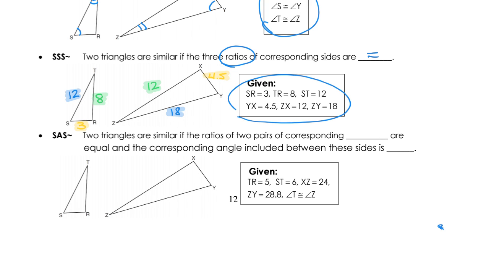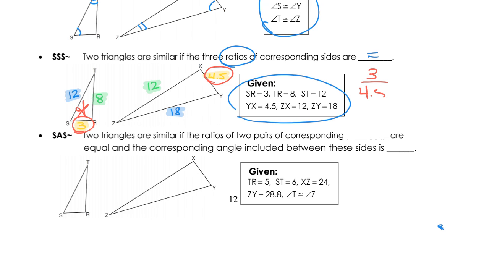Okay, so we're going to do a ratio, and we're going to divide. It doesn't matter which triangle you start with, but whichever triangle you start with, you have to keep making sure that you come back to that triangle for the next ratio. All right, so let's say that we're starting with the small triangle. And we'll go in order: small, medium, large. So small side was 3, and we're going to divide that by the small side from the bigger triangle,